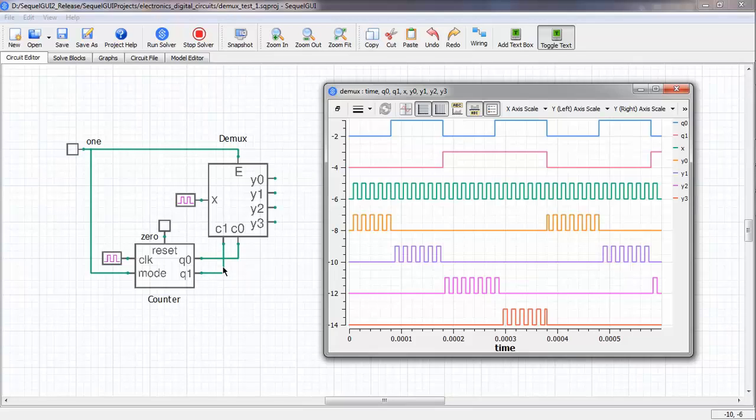So Q1 is connected to C1 and Q0 is connected to C0. And of course we are going to see later how this counter works. For now it is only supplying the select lines,